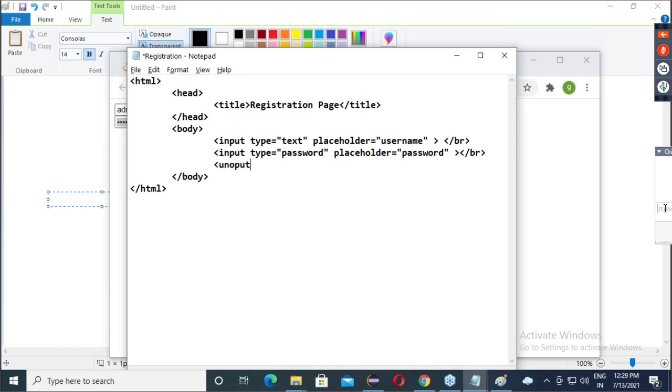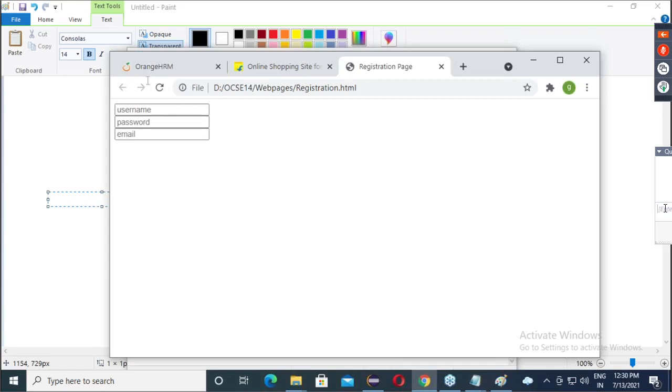Now here, input type equals to text and placeholder equals to email. Now, is it working? Username, password, email. Any confusion? Yes, no. Clear? Online people?